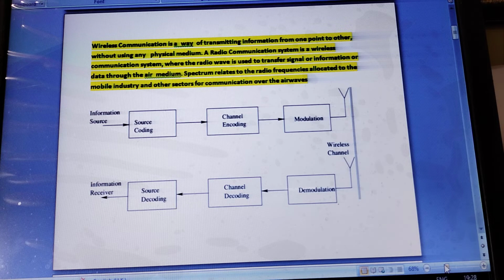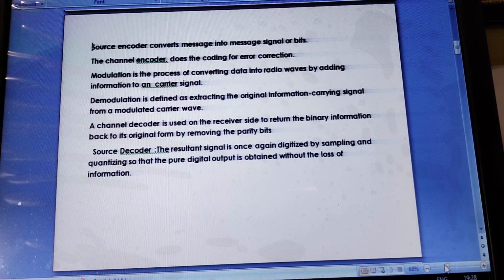And baseband processor: in case of low speed wireless transmission, the baseband signal can be transmitted directly. Then modulation is the process of converting data into radio waves by adding the information to a carrier signal. Then channel decoder, and after that the demodulator also. Demodulation is defined as extracting the original information-carrying signal from a modulated